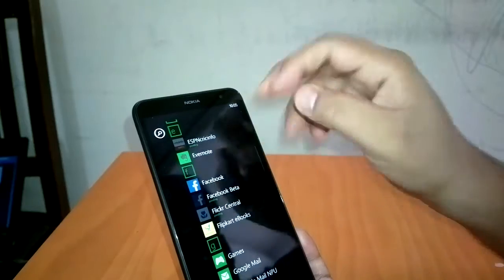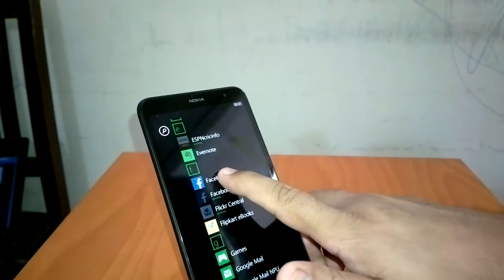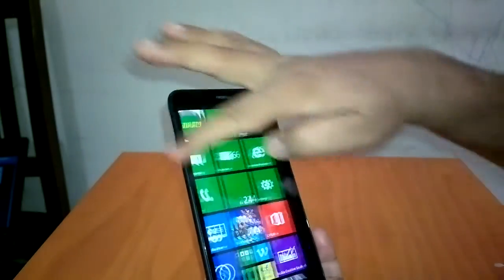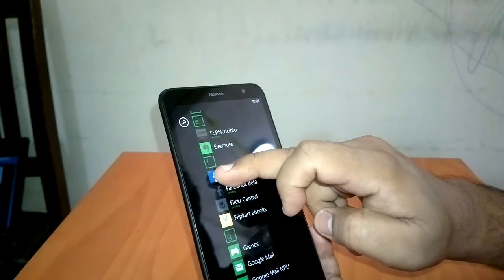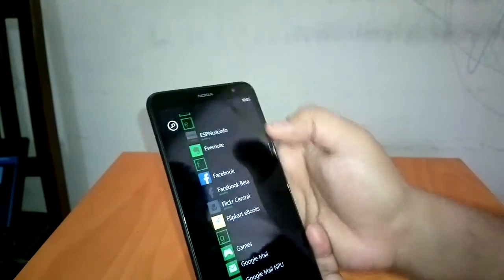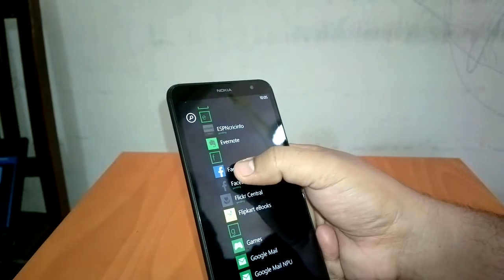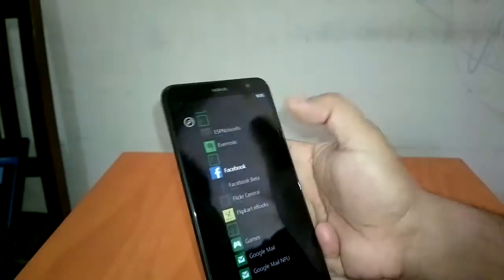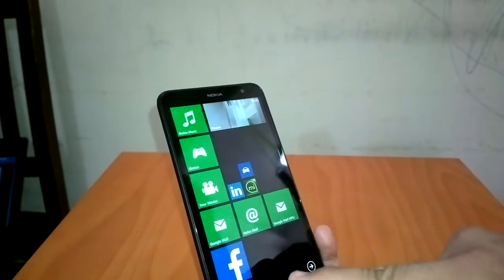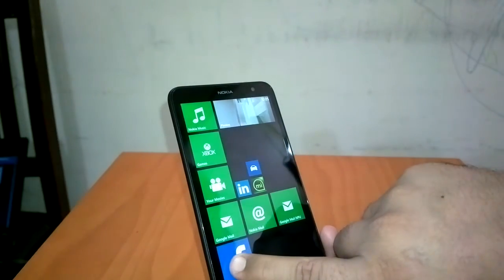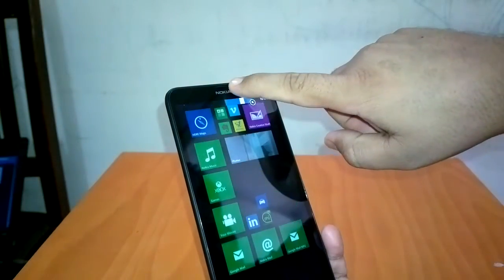So you have Facebook here. I can just long press on this. This is one more learning: if you long press on any of the apps, you can pin it to start. So this Facebook comes to the start. Now you long press here, and you can actually move it.